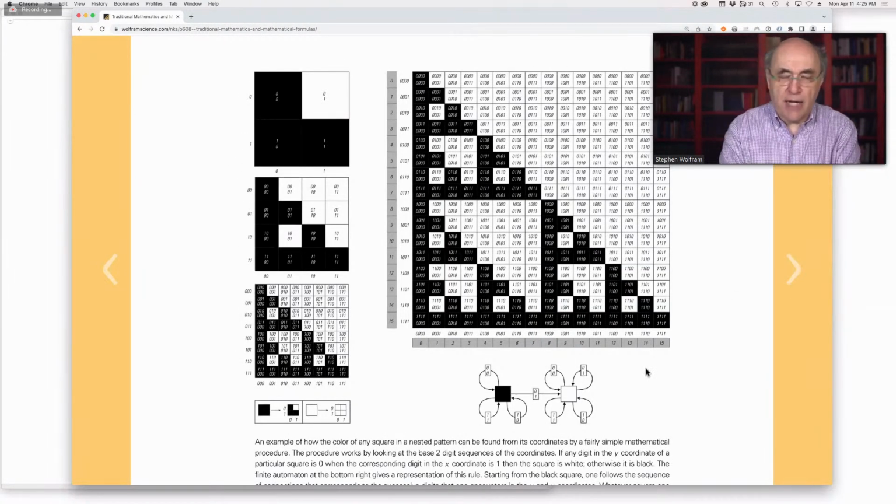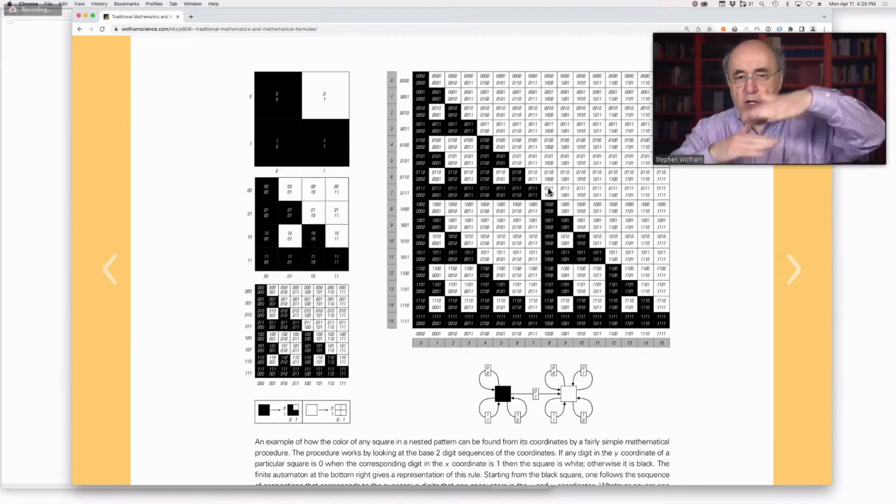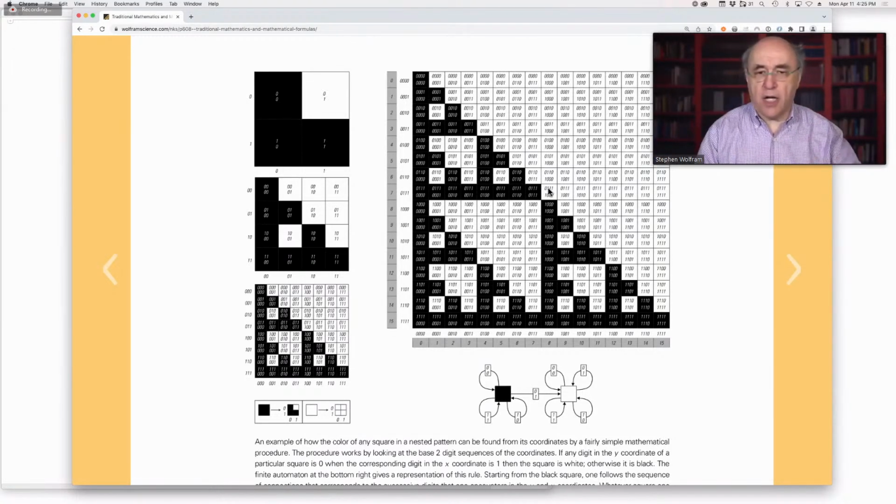Okay, what about a nested pattern like this? Well, it turns out there is a rather easy formula to tell you what the color of a particular cell is here, although it makes use of the digit sequences of numbers. So what it does is it says, if you look at the digit sequence of the x coordinate and the digit sequence of the y coordinate, and then you take kind of those corresponding digits of the X and Y coordinates, and you compute like the exclusive OR. Is only one of them black, or only one of them a 1, only one of them a 0, and you compute from that what the result is,